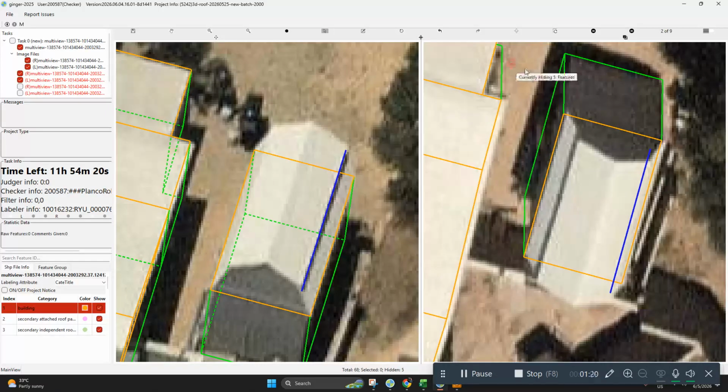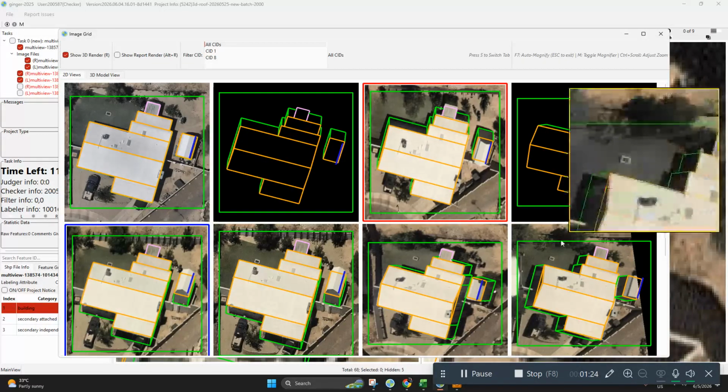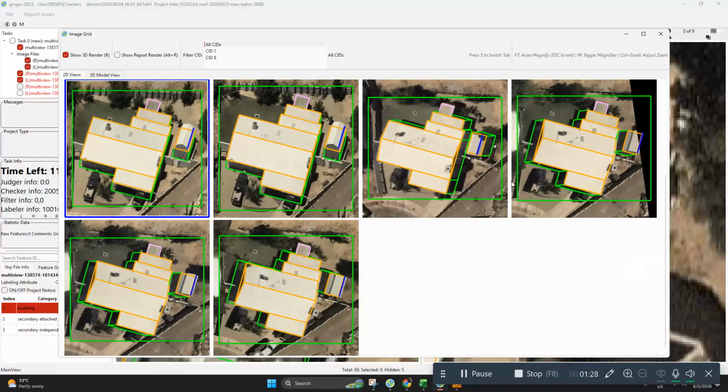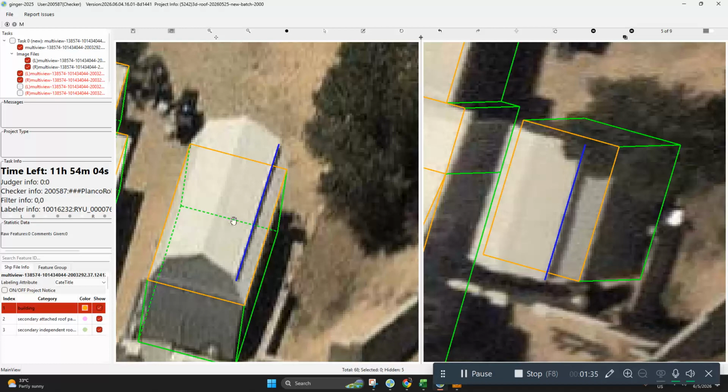So let's look for other views like this one. Yeah. So I think this should be fine.